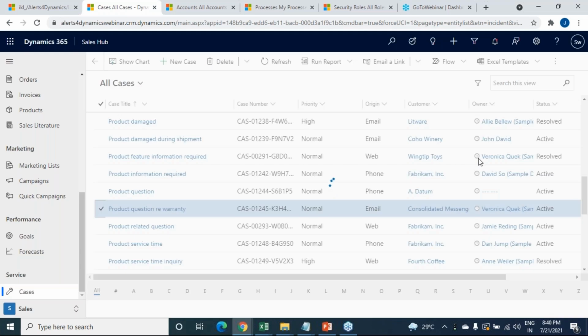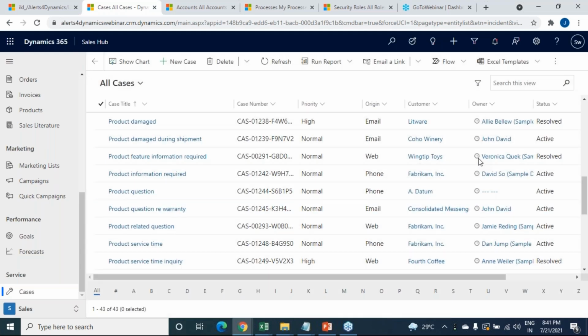Now, whenever John logs into his CRM or is working on different pages, he should get notified that this record has been assigned to him, so that he can act upon it or work on those cases accordingly.